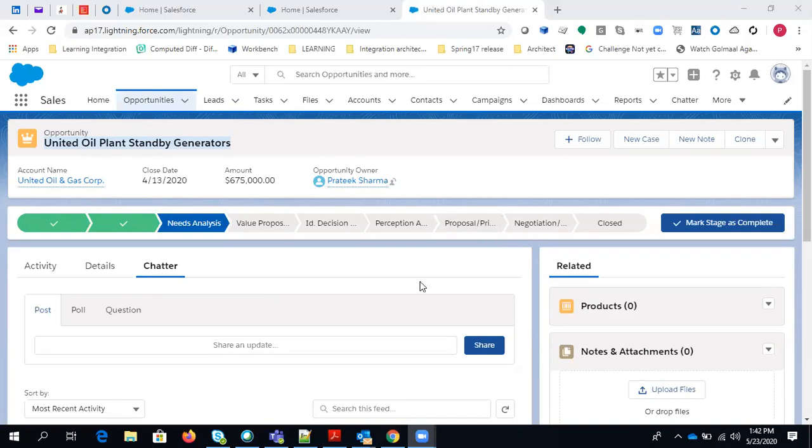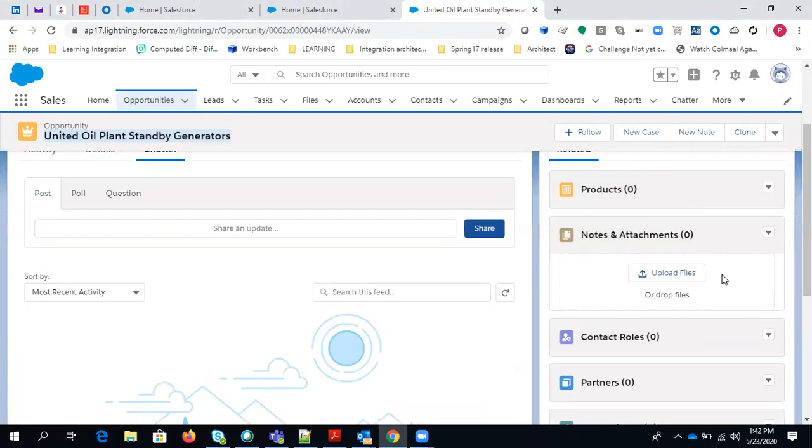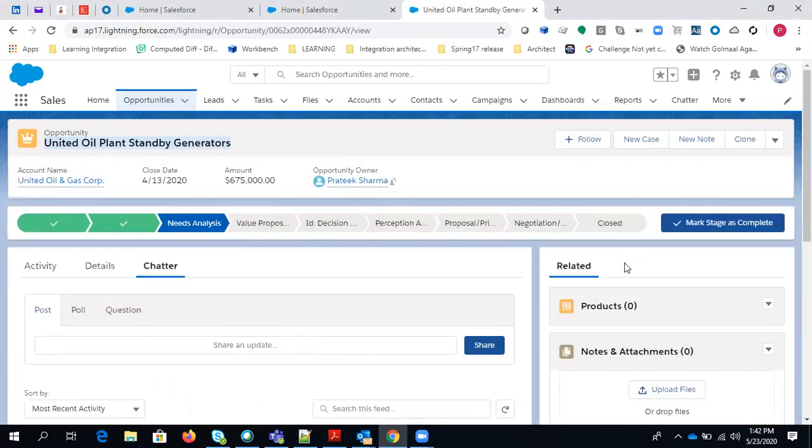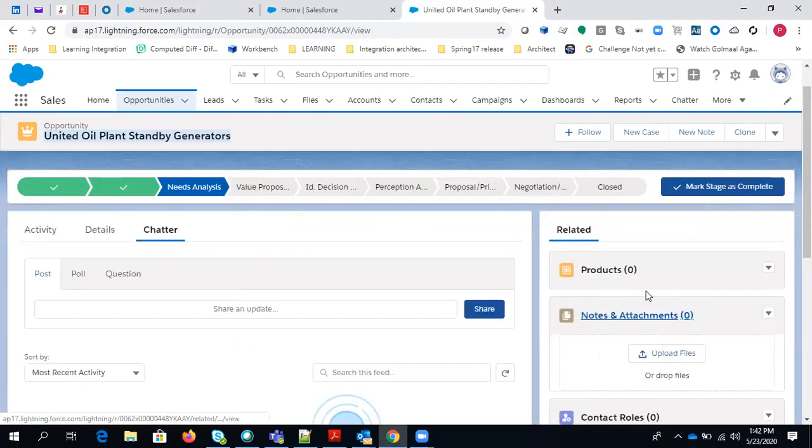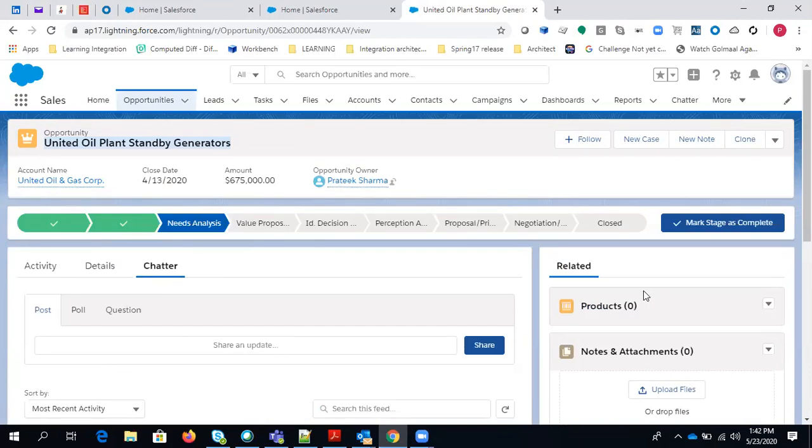You can customize this record page as well using the app builder, right? You can see here what this record page is showing. I don't want this particular thing to be visible here, and I just want this tab. In the related list, I don't want the related list, so I want it deleted, and I just want to use chatter in place of the related list, and I want to create dynamic rich text as well.